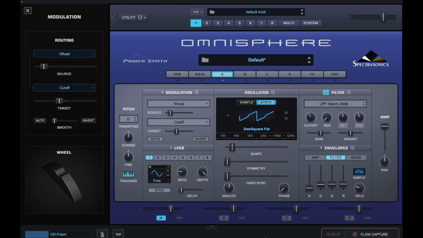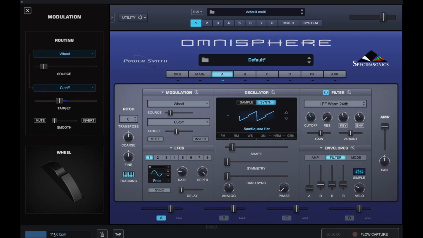And what I want to do is, the track is 111 BPM. So if you're in the standalone version of Omnisphere like me, set the tempo to 111. Just turn that round to 111. So we're now on 111 BPM. Now, if you're in your DAW, then just set the tempo in your DAW to 111 and Omnisphere will automatically